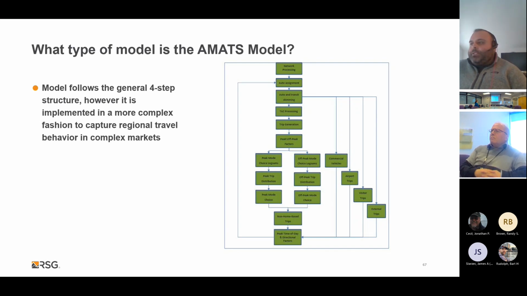And then after mode choice runs, trips are transformed from production and attraction into what's called the origin-destination format, so that they can be assigned to the networks. And after the model completes iterating through this 3 different times, the final auto assignment is performed and transit trips are assigned, and the model reports can be run.